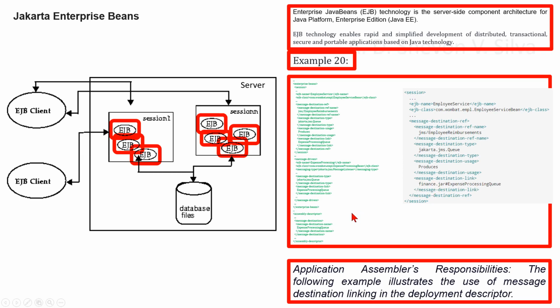When linking message destinations, the application assembler must ensure that the consumers and producers of the destination require message destinations of the same or compatible type as determined by the messaging system. The following example illustrates the use of message destination linking in the deployment descriptor. The application assembler uses the message destination link element to indicate that the message destination reference